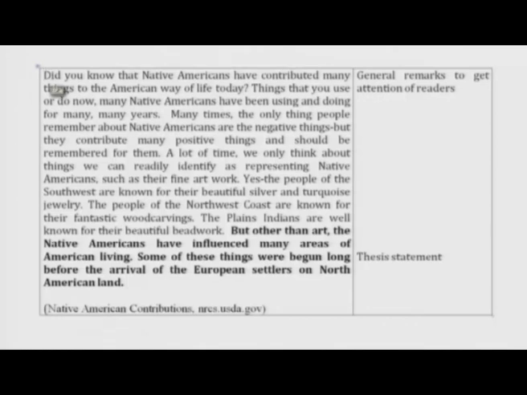It starts with a rhetorical question and then it moves on to things which people are generally aware of, and from there it moves on to the specific topic of the essay, and the keyword here is this contrasting linker